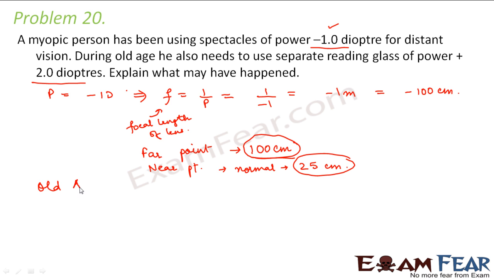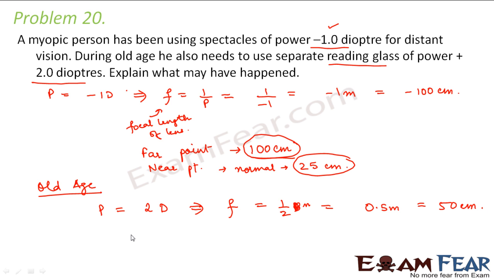Now during old age, he got another complaint. What happened in old age? He started using another glass, that is a reading glass. That means he started having problems seeing nearby objects, right? And as I told you, during old age, which disease is generally seen? That is presbyopia. That means the flexibility of the lens starts decreasing. So in this case, he started using another glass of power 2 diopters. That means the focal length was 1 by 2 diopters, that is 0.5 meters, which is equal to